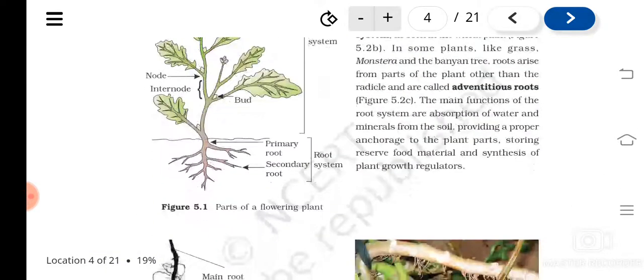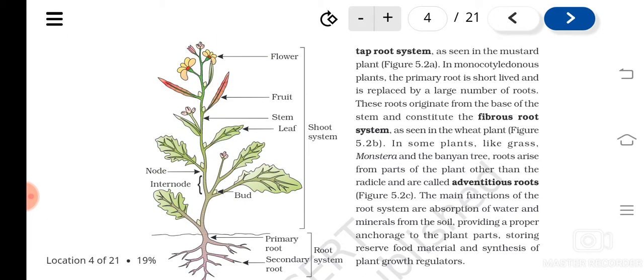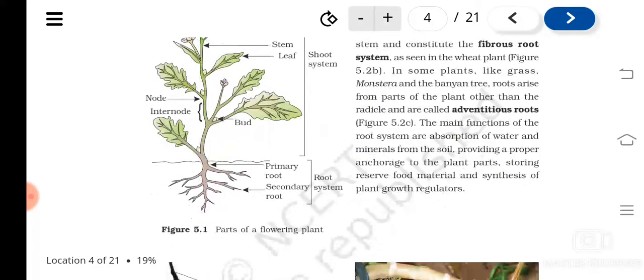This kind of roots is known as the tap root system. Okay, fibrous roots you can see in monocots,